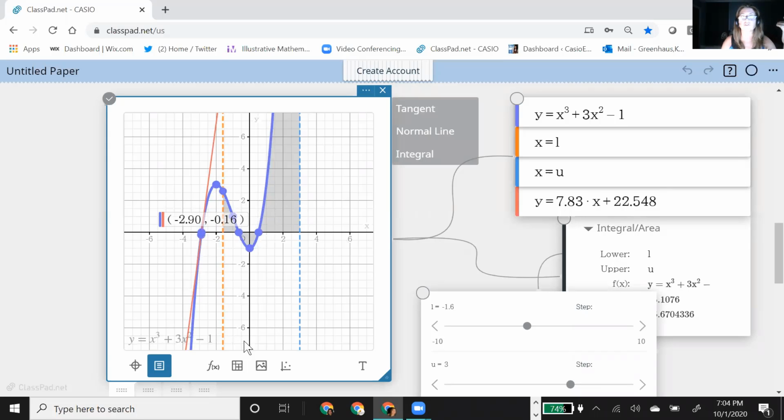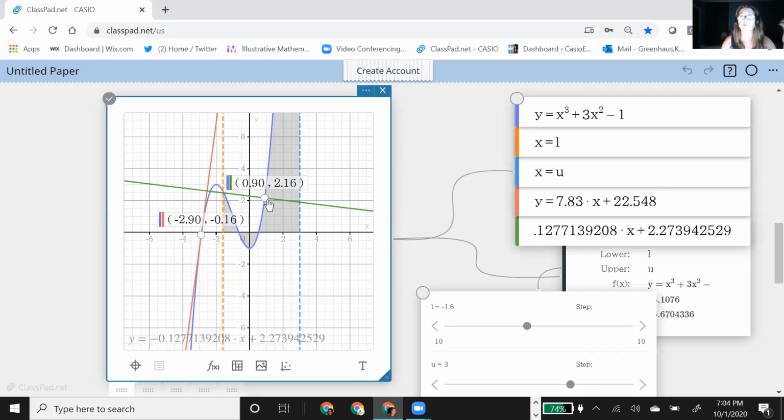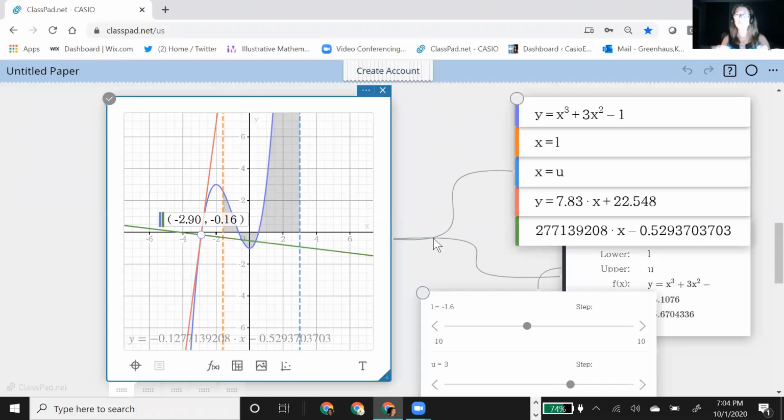And then let me just show you what the normal line does. Same thing, it gives you a normal line at a specific point. So if you came to the same point here, you would see both the normal and the tangent line. Remember, they're perpendicular, so you can see that it's at the same point. So all of those happen when you click the function and choose this button in the left-hand corner called property. Did that answer that question? Yes, thank you.